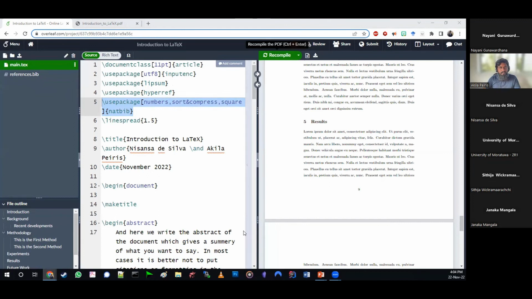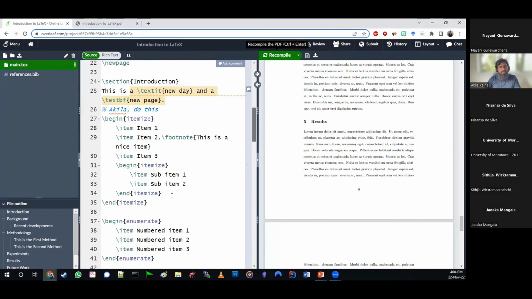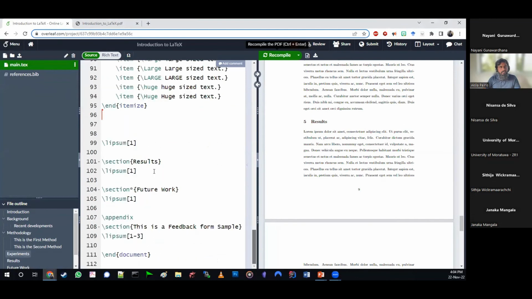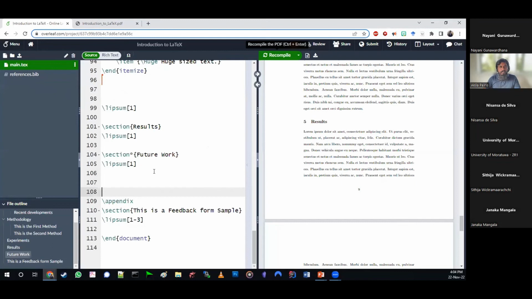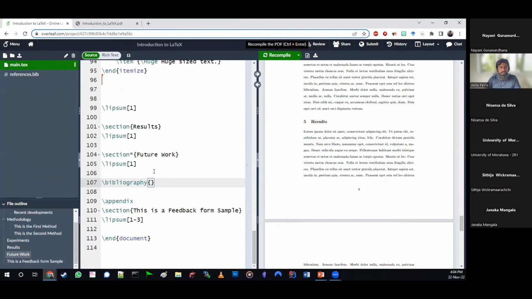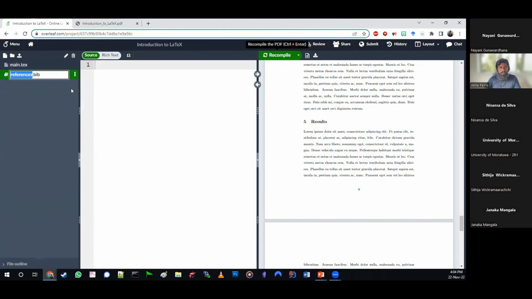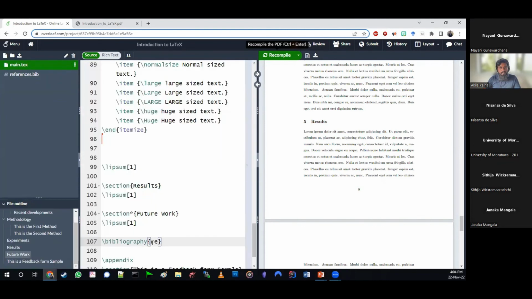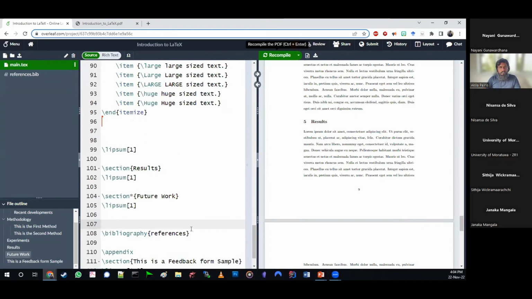So let's go down. You should know that it should go before the appendix. Hopefully you know this. Okay. Now we are going to add these references. So I want the bibliography to come here. And what is the name that I gave it? It is references. So given that I am a lazy person, I am going to copy this file name and put it here. There you are. Now we are going to say, okay, that is from where we are going to take our bib. And now the next question is, what type of references do we need? IEEE.